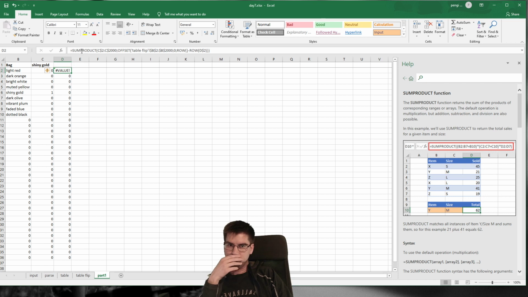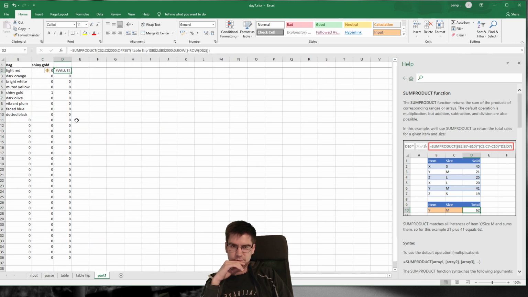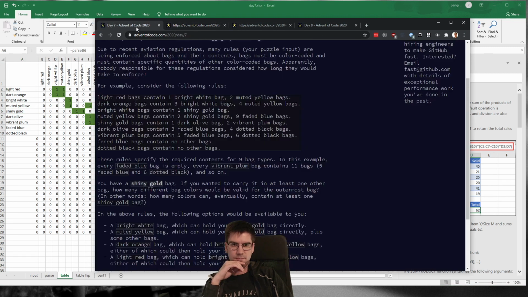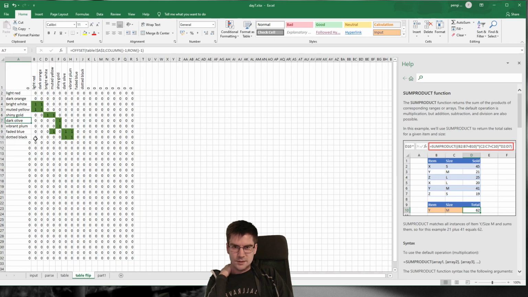This is annoying, by the way. Because what I want to do is create a list of... I need to go back to actually see what the issue is. The shiny gold bag. I want to find bright white and muted yellow. Which means that shiny gold